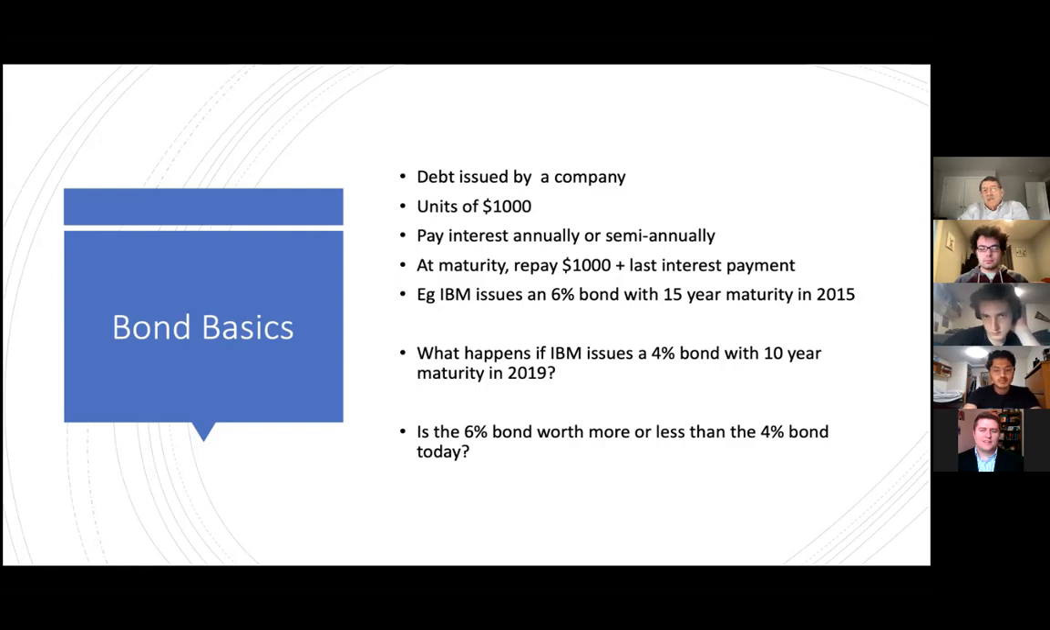What happens if IBM issues a bond that pays 4%? Interest rates went down. And so instead of $60 a year, you have an investment that pays you $40 a year. And at the end of the period you're holding the bond, at the end of 10 years, 2019, they're going to give you $40 interest and $1,000 principal repayment. So if I need some money and I go to sell my 6% bond, an investment paying me $60 a year,